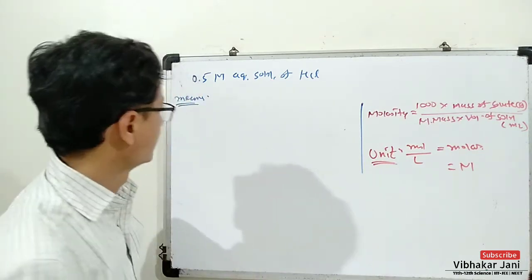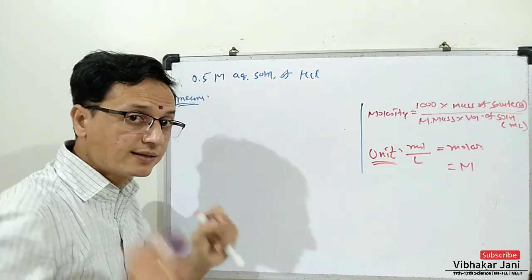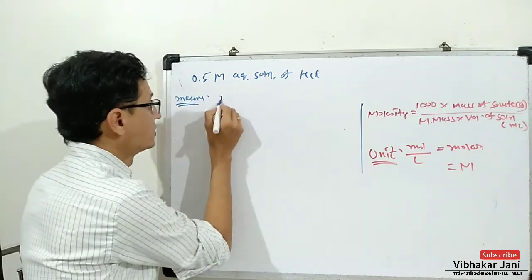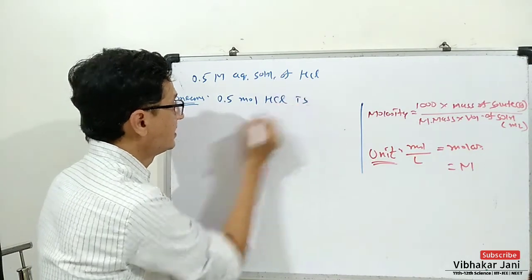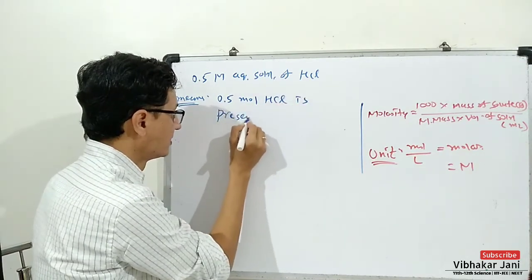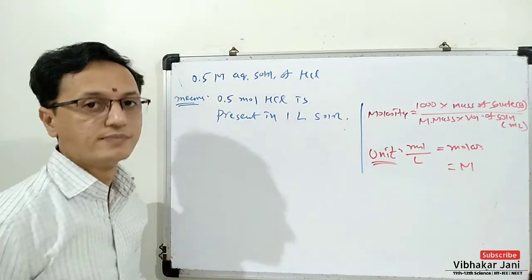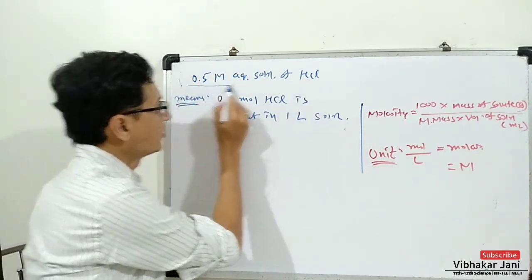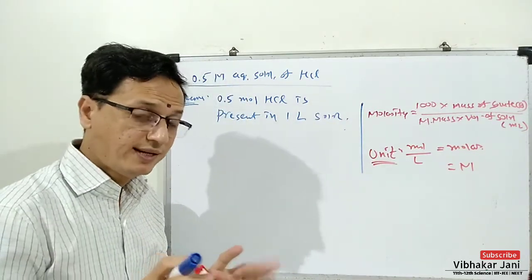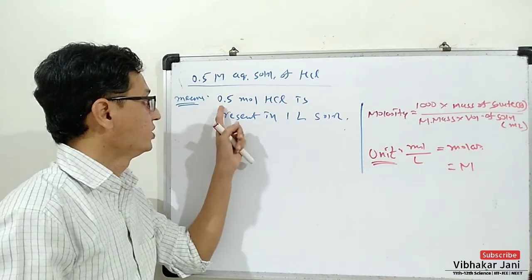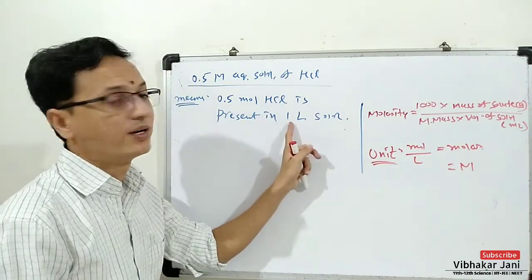If such statements are written, then it means 0.5 mole HCl is present in 1 liter solution. If 0.5 molar aqueous solution of HCl is given, then it means 0.5 mole HCl is present in 1 liter